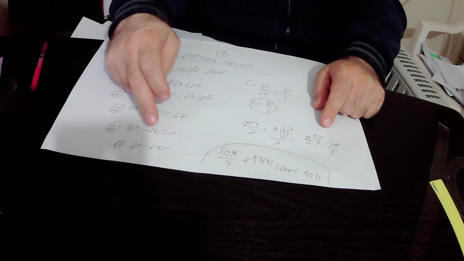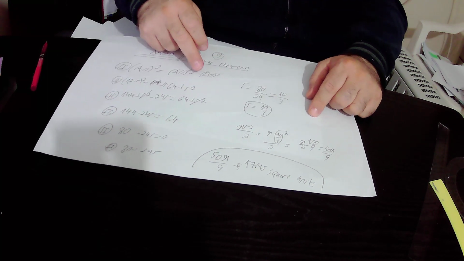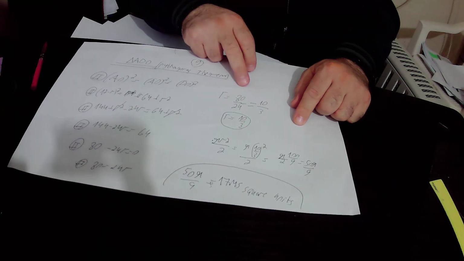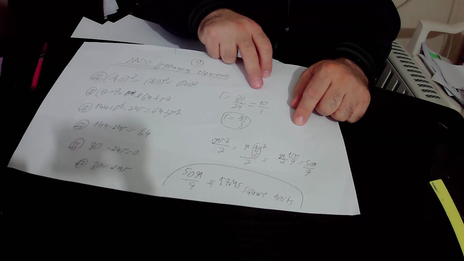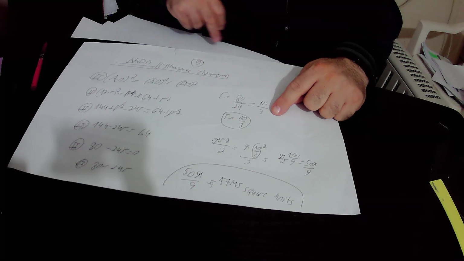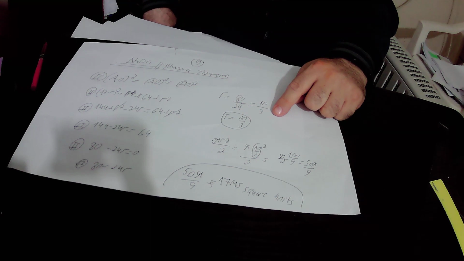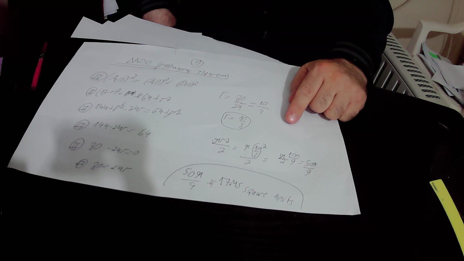We divided this equation by 24, and we got that R equals 80 over 24. We divided both the numerator and the denominator by 8. 80 over 8 is 10, and 24 over 8 is 3. So we found out that the radius equals 10 over 3 units,